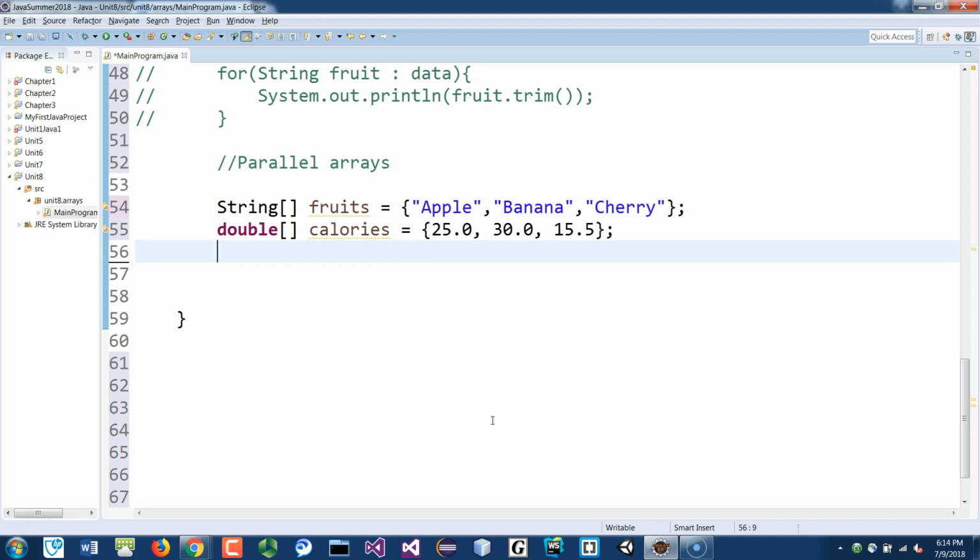And then we have another one here, double. Maybe, you know, the price, right, of each of these fruits. So again, they will be numbers. Let's just say $1.50 for an apple, $2 for a banana, and $3.50 for cherry. That's pretty expensive, but